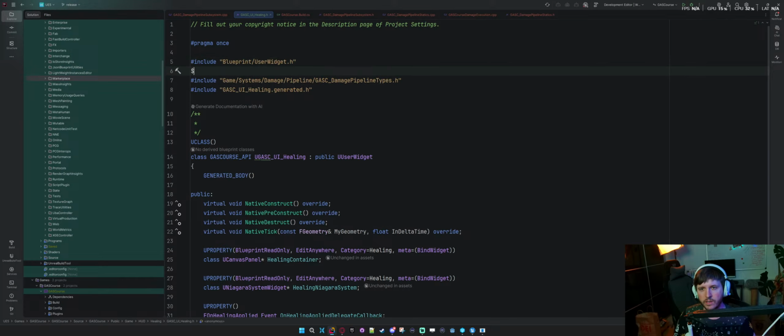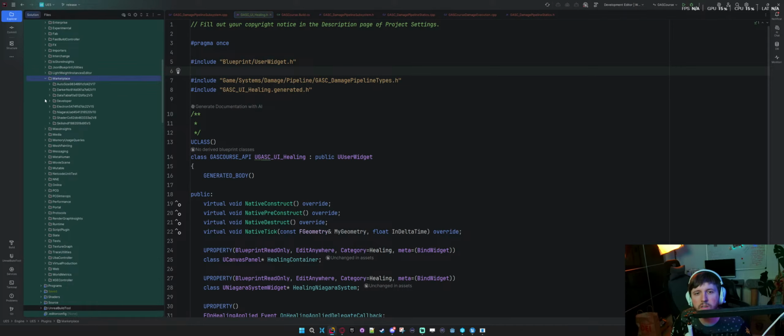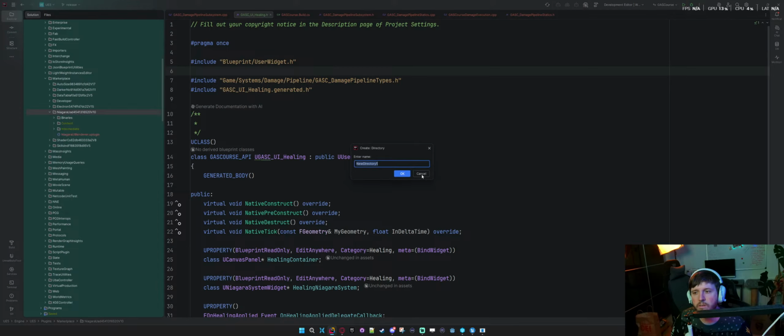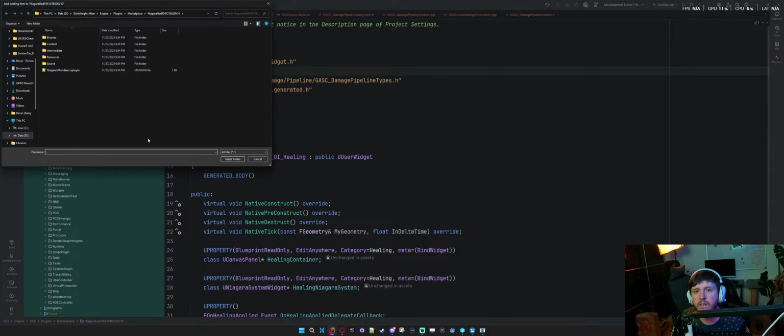So can I do hash include? Or is the source also missing, or something like Niagara? Can I add directory? No. Add existing. I add.